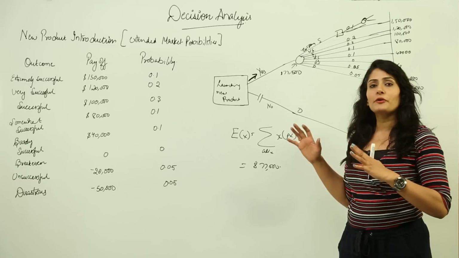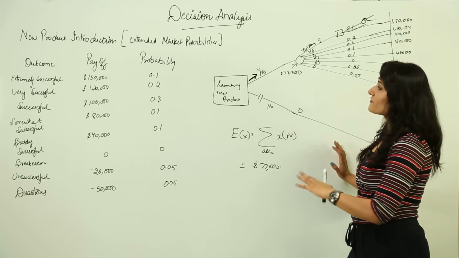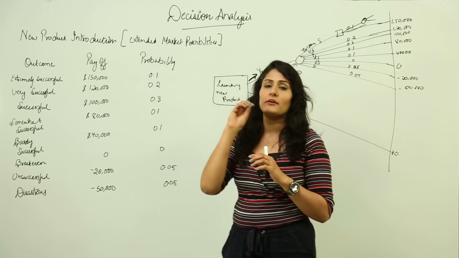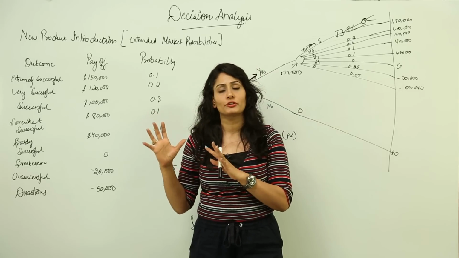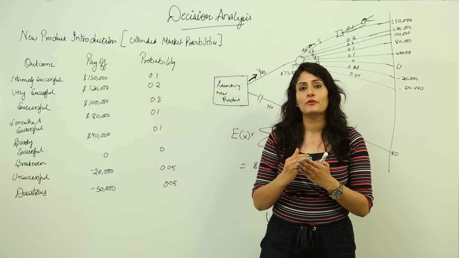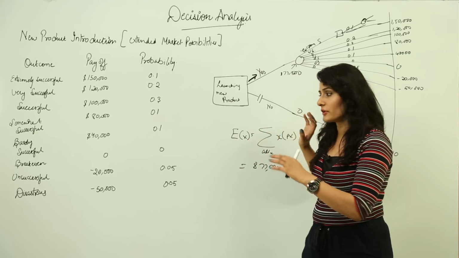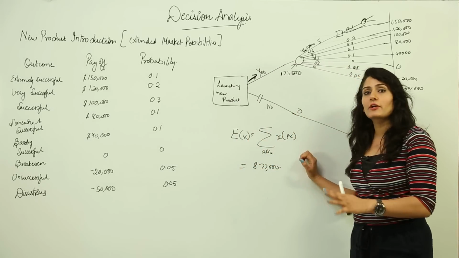Now you can see that a decision tree is a very good tool when you have to come to a precise and definite way of reaching a decision, especially when you have to go ahead with capacity planning or when monetary terms are involved. So this is a very good tool.